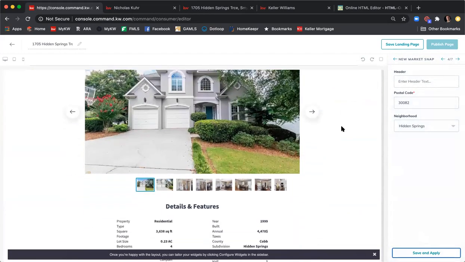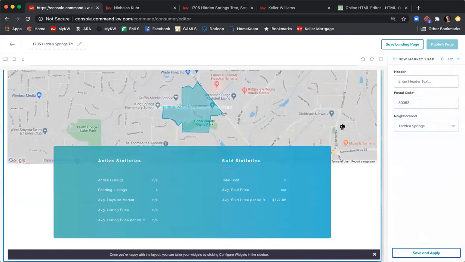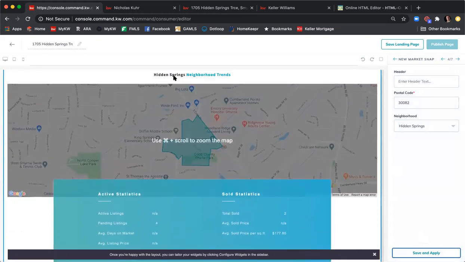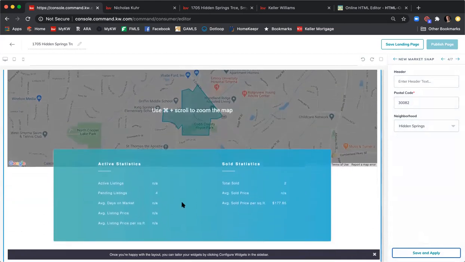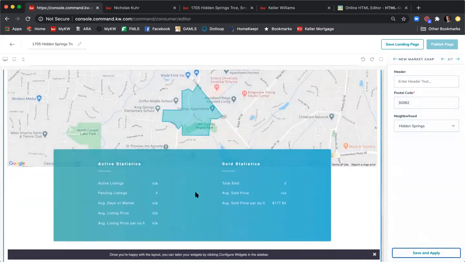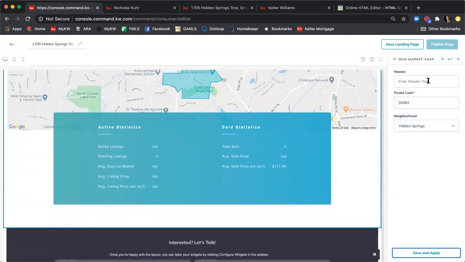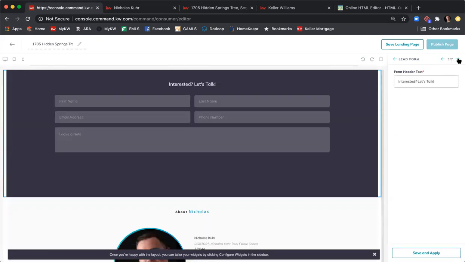And then scroll down, and you'll see now the Hidden Springs neighborhood. It says Hidden Springs neighborhood trends, and here's a bunch of stats about the neighborhood. I guess there isn't a ton here, but it's still unique. All right, so now we want to go on to the next widget, which is the lead